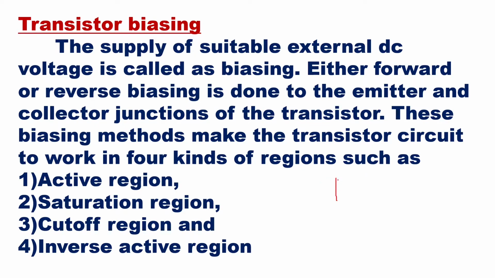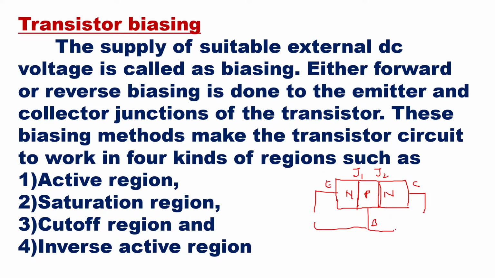Say, for example, you have an NPN transistor. You can also take PNP. This is the NPN transistor. This is the emitter terminal, this is the base terminal, this is the collector terminal. Now this is your junction 1, and this is your junction 2, the second junction. How junction 1 and junction 2 are biased, whether they are forward biased by applying this DC voltage or reverse biased, and whether the second junction is forward biased or reverse biased by applying this voltage, will give you the region.